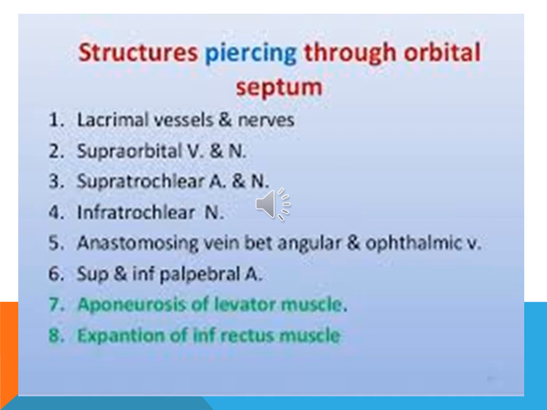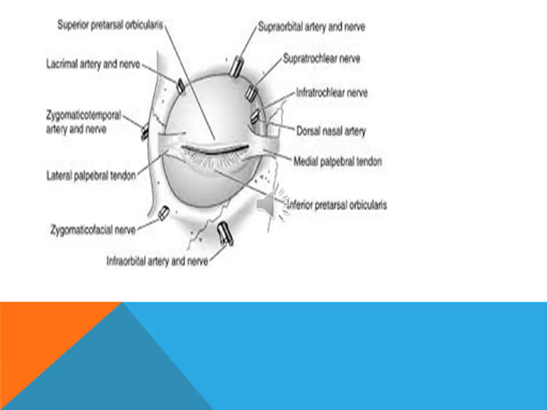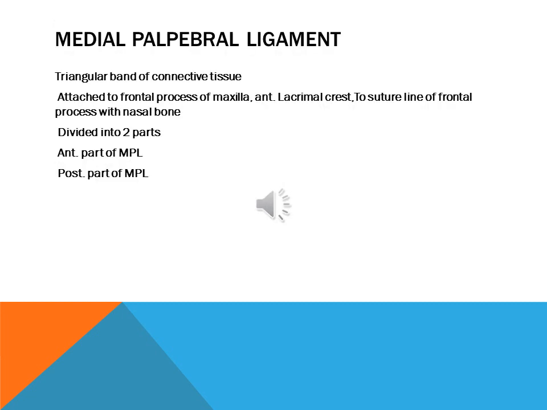The superior transverse ligament of Whitnall is a thickened band of orbital fascia extending from the trochlear pulley to the capsule of the orbital lobe of the lacrimal gland. This is formed by condensation of the superior sheath of the elevator muscle joined medially by the reflected fascia of the superior oblique muscle. This tendon acts as a strength booster. This is the picture showing the structures passing through the orbital septum.